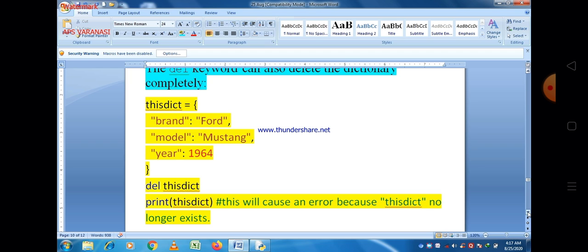So this dictionary contains 3 data items regarding brand, model and year. And after that there is a statement del this dict, which basically deletes the whole dictionary. And if you just want to print that dictionary after that statement, print this dict, this will cause an error because this dict no longer exists.